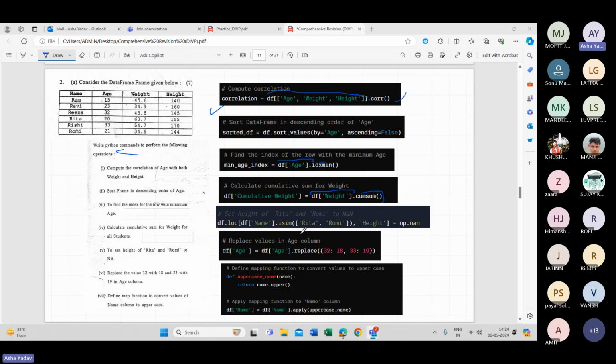Next is to replace the value 32 with 18 and 33 with 19 in age column. तो अब जब मुझे कॉलम मिल गया तब तो I have very simple code. मैंने डेटा फ्रेम का नाम लिखा, ब्रैकेट में कॉलम का नाम लिखा, डॉट जो भी फंक्शन है, फंक्शन क्या लगाना था, रिप्लेस करना है, तो फंक्शन replace लग गया। और किसको किससे रिप्लेस करना है, 32 को 18 से, तो हमने यहाँ दे दिया 32 replace with 18, 33 replace with 19। तो ये एज कॉलम में जाएगा, जहां पे इसको 32 मिलेगा वहां पे 18 लिख देगा, जहां 33 मिलेगा वहां 19 लिख देगा।